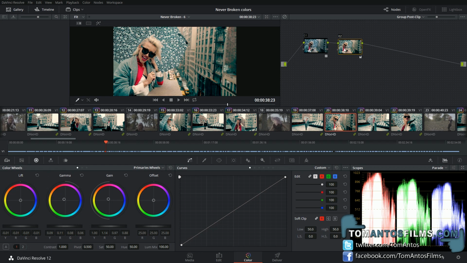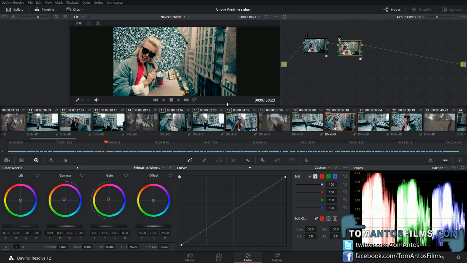Again, we can quickly preview this by just disabling this individual node by pressing Control D, or you can just click on the name or the number of the node. So here we turn that off, and this is with that node applied. As you can see, without it, it just looks a little bit more bluish, kind of cooler looking. And with that, we warmed up the whole shot overall, especially in the highlights, and increased the contrast a little